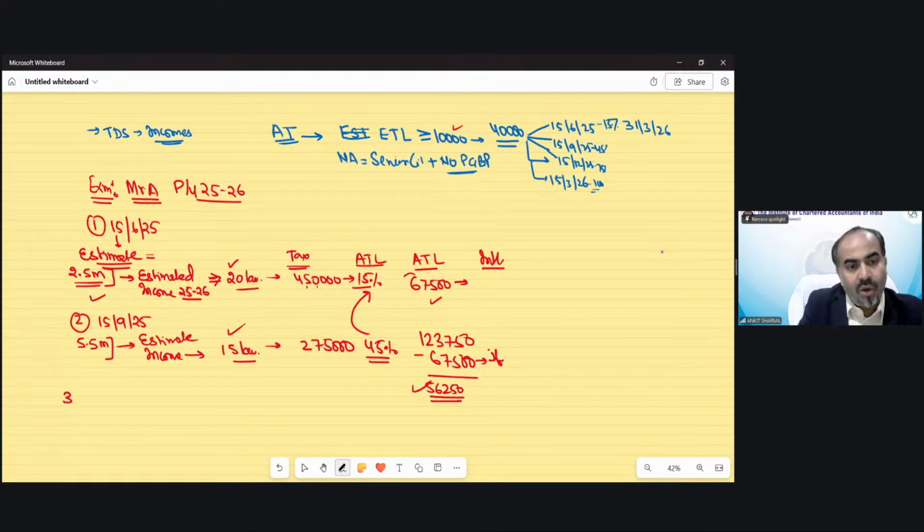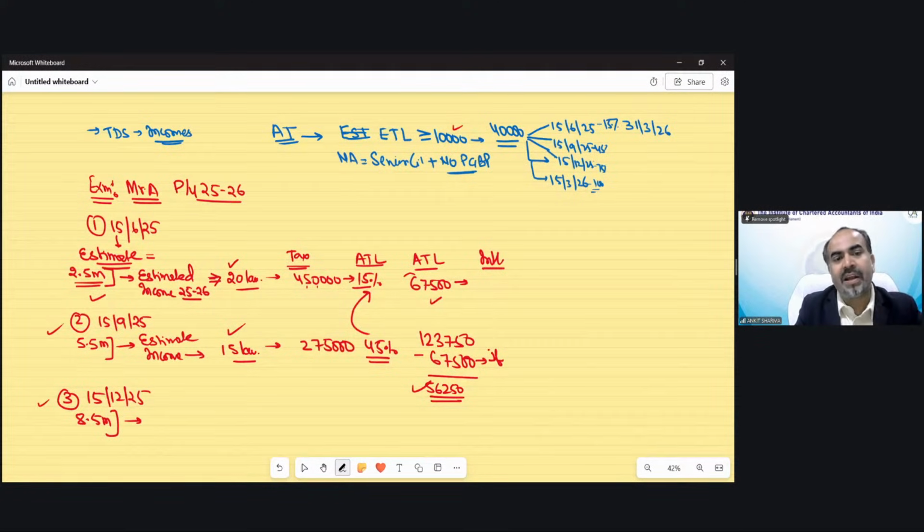Clear? Now again, the third date would be 15th December 25. Now I have 8.5 months of actual data. An estimation would be only for the 3.5 months left. So my estimation would be better. In every next installment, the estimation would be more accurate, because now we have more actual data. In the first installment, I have only 2.5 months of actual data, so the estimate would be very volatile. Then with 5.5 months of data, the estimate would be better than the last estimates. Now I have 8.5 months of actual data, and only 3.5 months I have to estimate. So it would be better than the second situation.